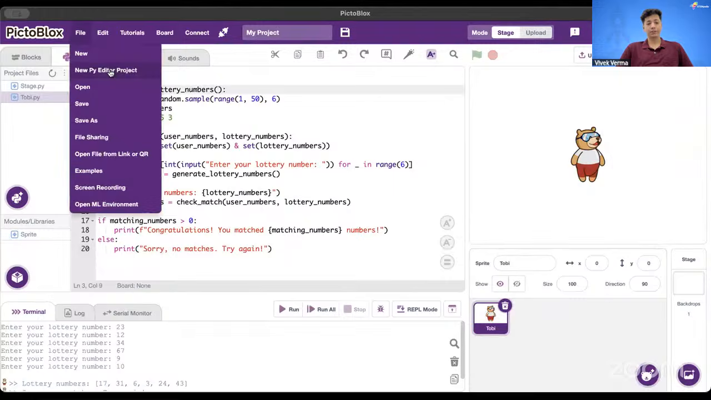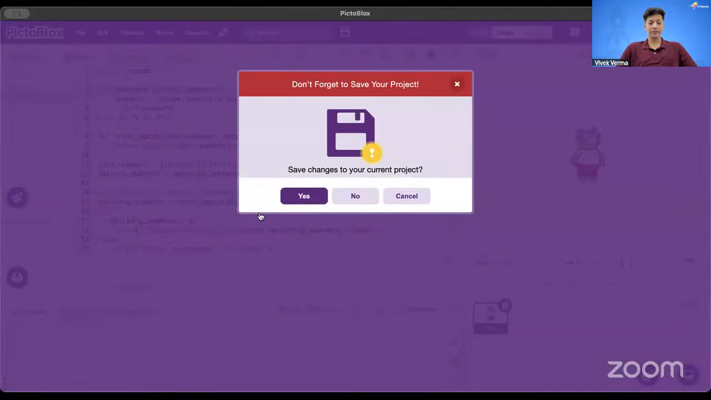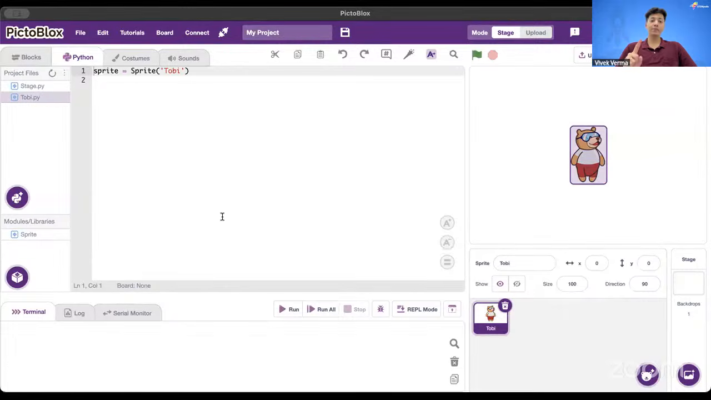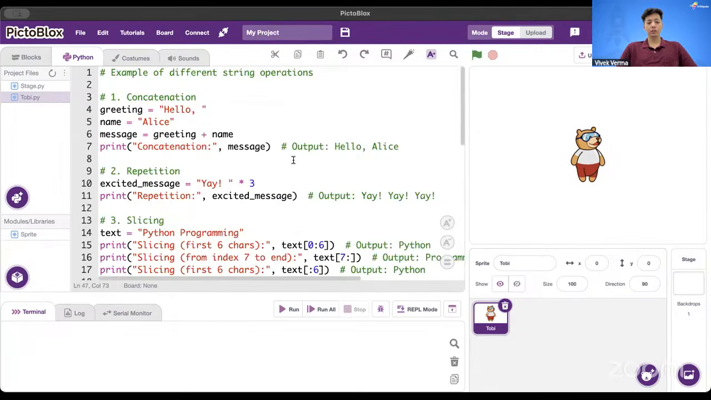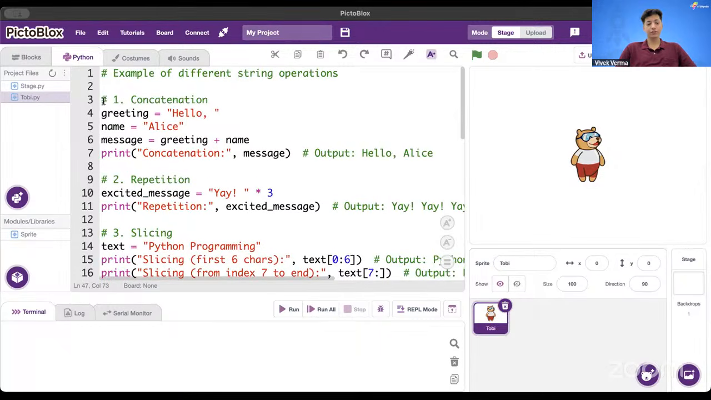Open a new file. If you want, you can save this program as well. These programs that I'm picking up are there in your LMS course, so you don't have to worry about it. Okay, there you go. So now let's take a look at the first string operation, which is